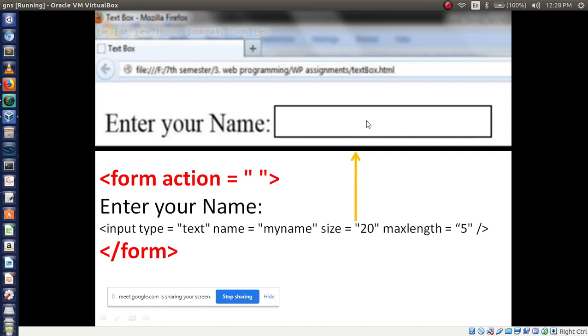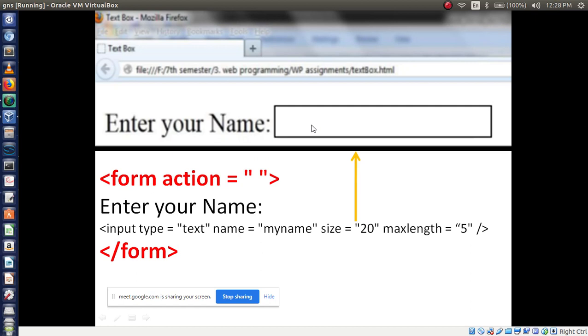To make this box appear, I have to use the input tag. We are talking about the input tag, right? So input, then we have to use one attribute. What is that attribute name? Type. What type? Text type, because it is going to accept only text.